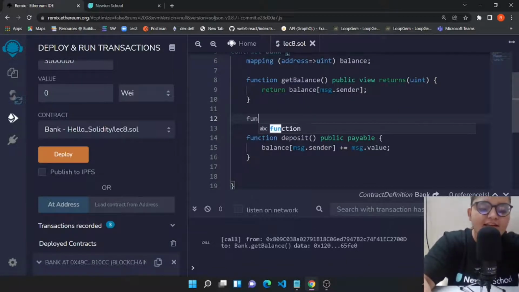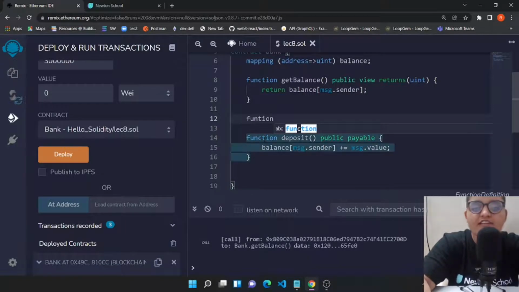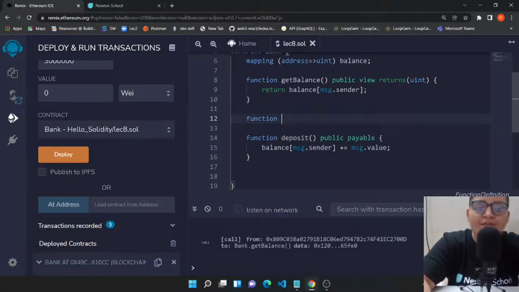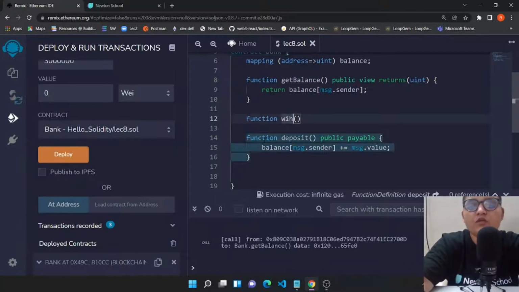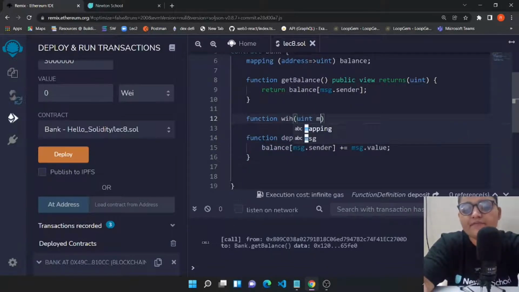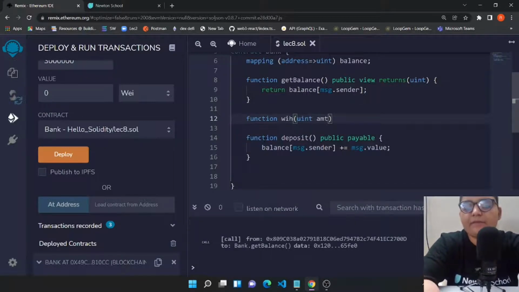So let's create the withdraw function first, like the prototype of the function. Let's give it the name withdraw, and say how much money you want to withdraw. So let's pass the amount, a uint.